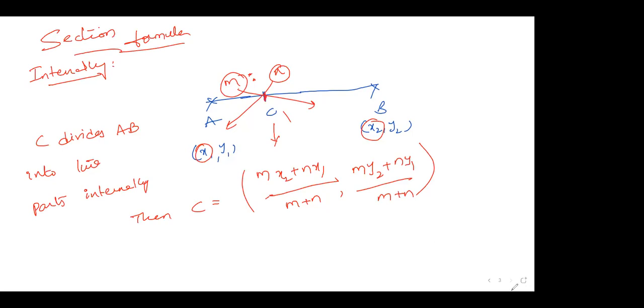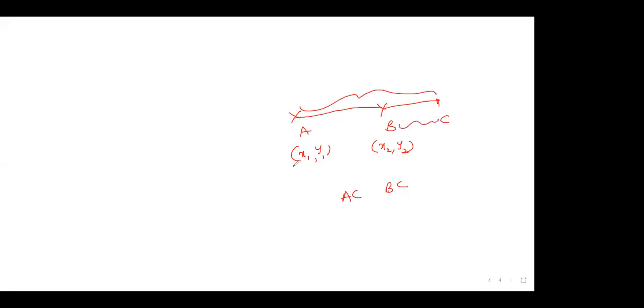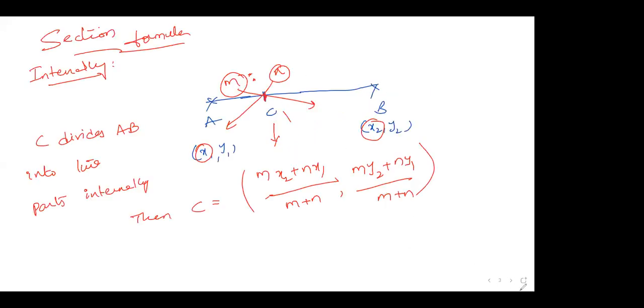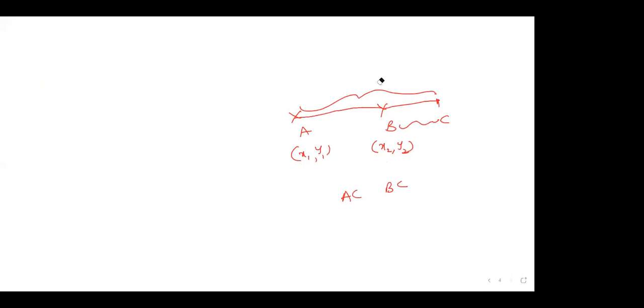The same way, I have another question. This is capital A and this is capital B. This is (x1, y1). This is (x2, y2). And this is a point C. So can't we write this entire thing as AC and BC? Here also it is in two parts now. But the difference is, earlier C lies between A and B. Here C lies outside A and B. Now I'm saying C, and this is m, this is n.